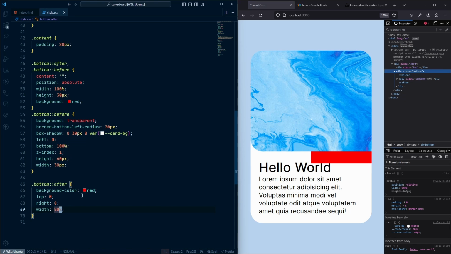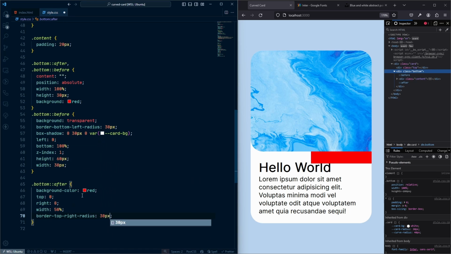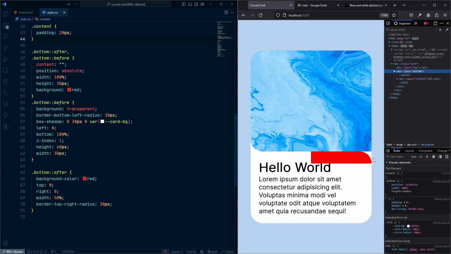So now you can see the width is 50%, and after that I wanna create the curve, and for the curve I will create it in the top right. So border top right radius will be 30 pixel. So if I do that, I can see my curve is ready. Here it is. So here we can see we have our curve already. So before we go to our next step,